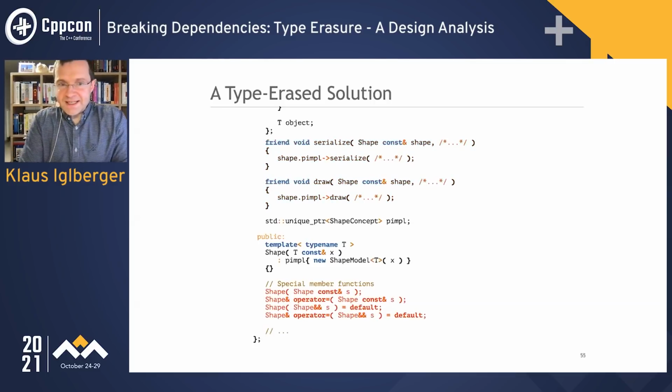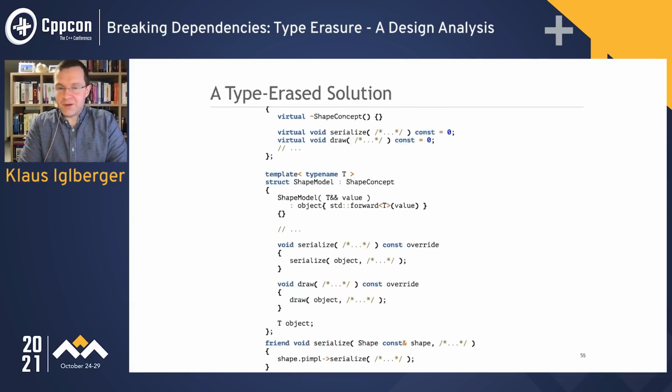Now, of course, we also need the special member functions. We actually don't really need move, in the sense that we can default the move operations. That's beautiful, that's easy. That's because we stored a unique pointer. But we actually have to deal with copy. Now that one appears to be a challenge. All we store is a pointer to base. Now you want to copy something, but you don't really know how to copy this thing. Not because it doesn't know what it truly stores. That is interesting, but